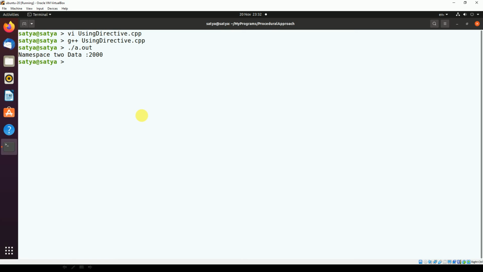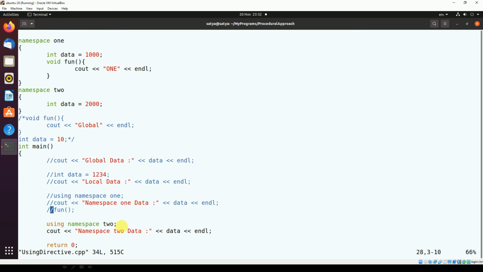Now we are getting namespace 2 contents. Okay, so here again one more limitation. When two namespace contents, that is namespace 1 and namespace 2, are sharing the same name, then the using directive method leads to ambiguity. So this is the limitation.